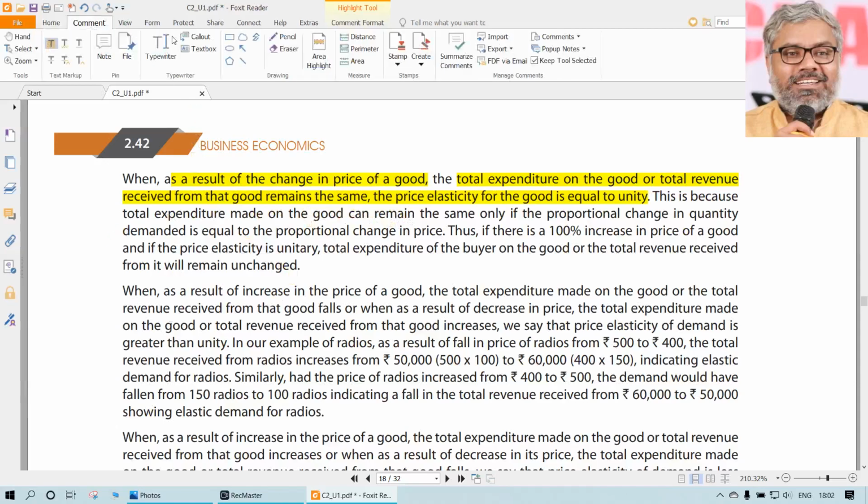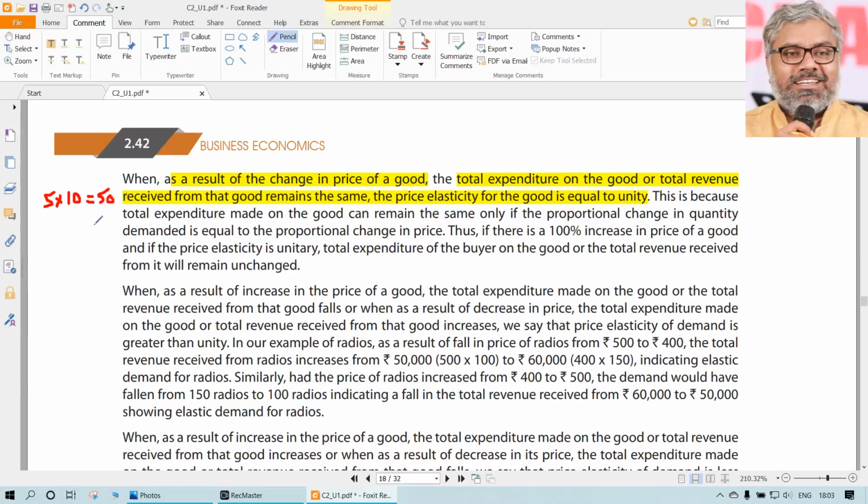In a simple example, only for understanding purposes, let us say the product price is 5 rupees, and somebody is going to buy 10 units. That is the demand at a price of 5 rupees. So what is the revenue here? Naturally, multiply the number of units with price. When you multiply the number of units with price, what you get is total expenditure from the buyer's point of view, or total outlay from the buyer's point of view, or total revenue from the seller's point of view.